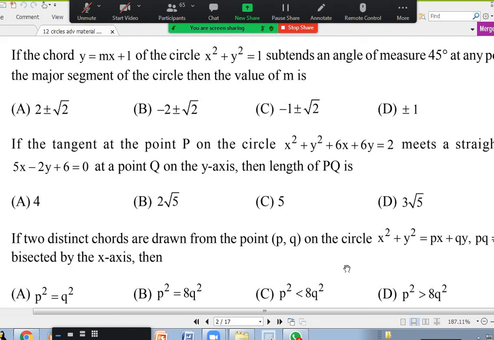You take any circle and any chord. If the chord is subtending an angle alpha at the center, the easiest approach is that the perpendicular distance should be equal to r cos(alpha/2), because this is r, this is alpha by 2, and this is r cos(alpha/2). Simply use d = r cos(alpha/2). That is easier, because if the center is not the origin and finding the foot is difficult, it doesn't matter. This is very easy. I'm not discouraging you, I'm just telling you this is more convenient. Don't erase it, sir. I will write this.